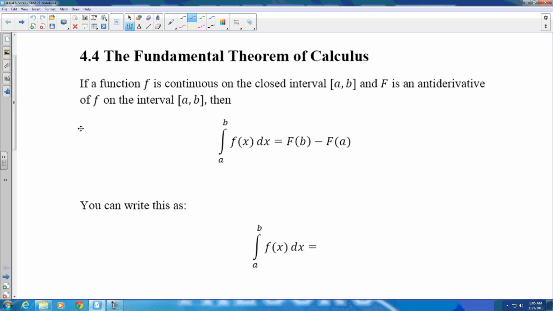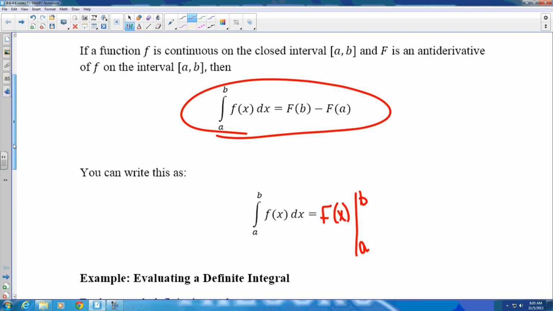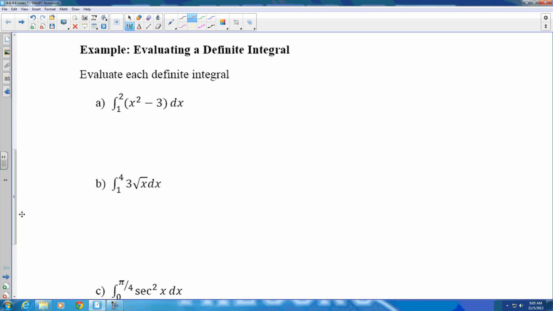We can also write this as capital F evaluated from a to b. That's just another way to write it. But essentially what you're doing is plugging in b followed by plugging in a and subtracting the two values. Okay, so what we're going to do is take the integral of the function,